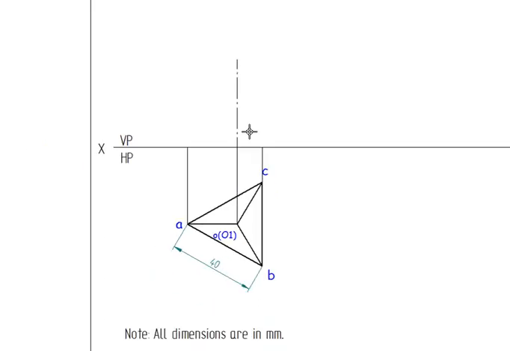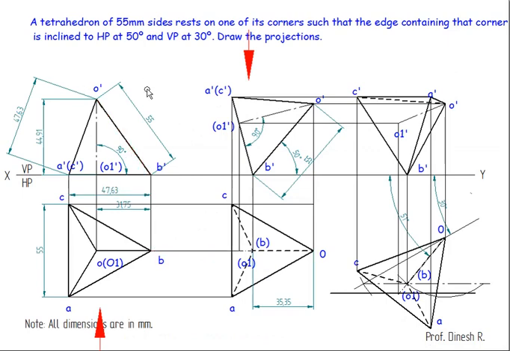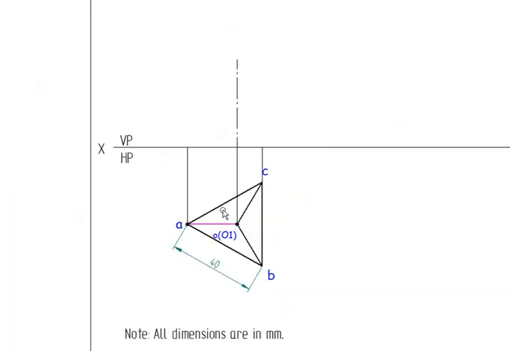Now, previously I cut an arc from here because we got the true length when it was restrained because of this edge. Whereas in this case, the edge going parallel to VP is going to be the true length, and this edge O to A is going to be the true length. So I need to cut an arc of the true length, which is equal to 40. We cannot cut it from here because that is going to be OB, which is the apparent length. So the radius is 40, and I'll cut an arc.